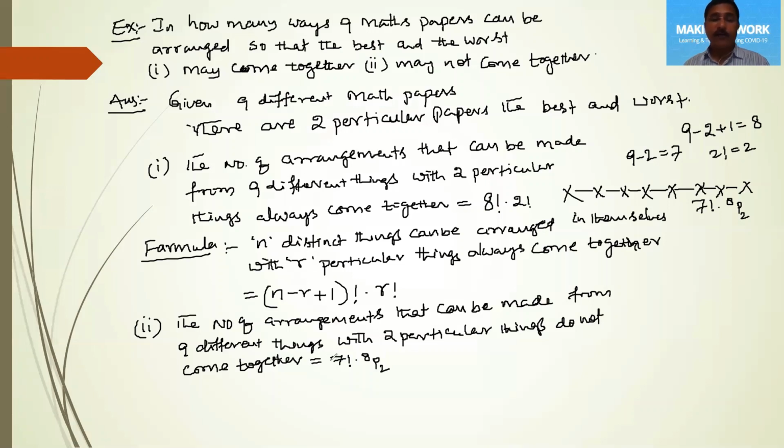So this 7 factorial value is what? First arranging the elements after removing the 2 particular elements from 9 elements. And next, this arrangement is the arrangement of 2 particular elements in between and at either of the ends of the 7 elements so arranged. After arranging these 7 elements, in between every 2 elements and at either of the ends, we will have 8 blanks. In those 8 blanks, these 2 particular elements can be arranged in 8p2 ways. So for this, we will write the general formula.